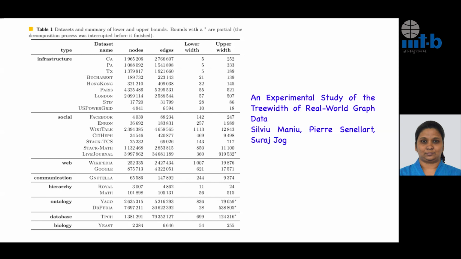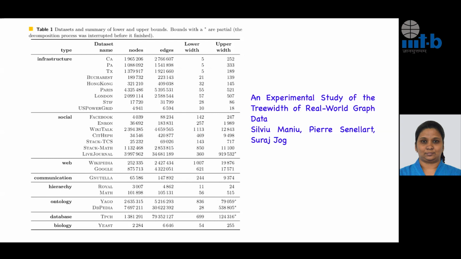For social networks, tree width is larger, understandably, but compared to the size of the graph, it is still small. Again, areas like communication give you graphs with a small tree width. So it makes the study of tree width as a parameter relevant, because it might be useful for